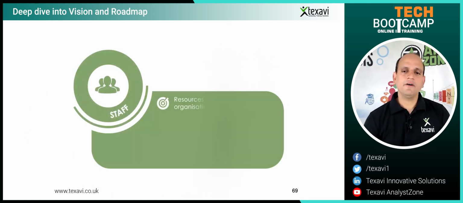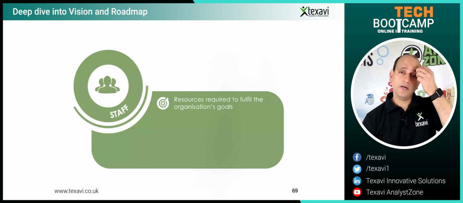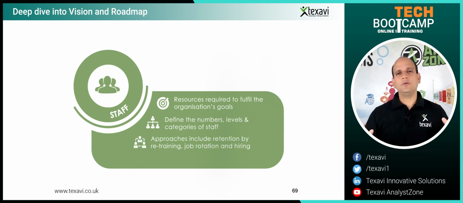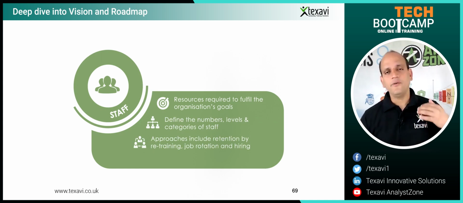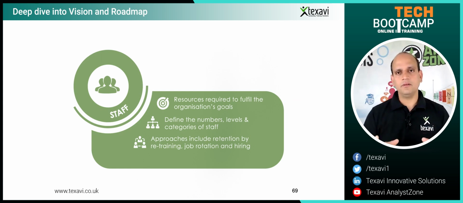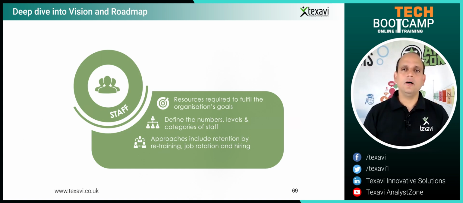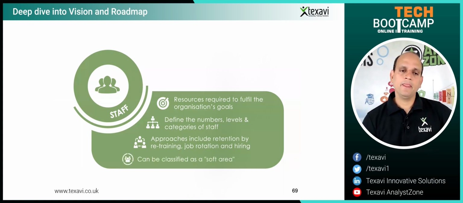And then staff is looking at the resources required to fulfill that, to actually do the work. Again, different levels, different numbers. As we discussed yesterday, you could retrain the people, you could upskill and reskill some of the existing people who have that aptitude, or you can get somebody from another team, a lateral recruitment, lateral hiring as we call it. And then job rotation: somebody who has been working as a developer could be given an additional role of a BA or a tester, or similarly a tester could get into a role of a BA because they've got a similar approach and things like that. So you can try and do that. Again, this is the